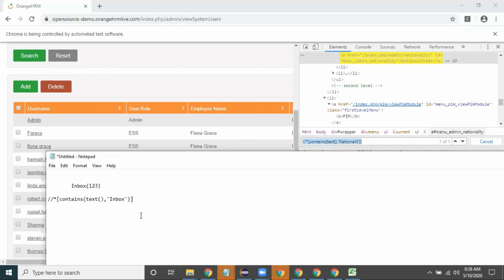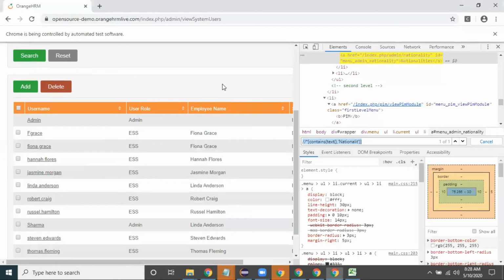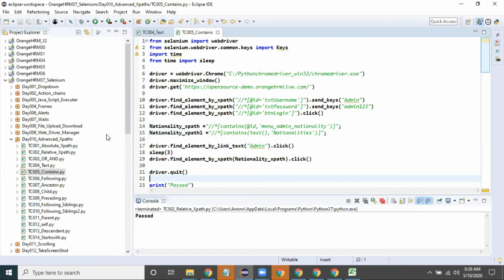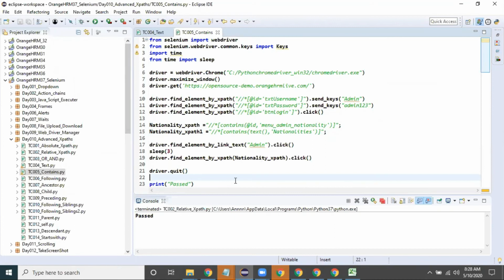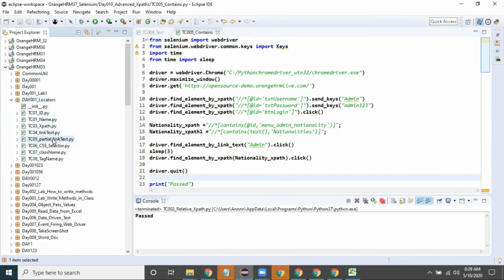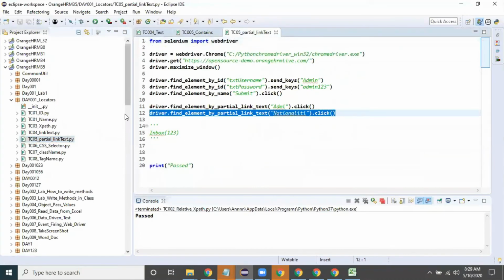So this is a very very important point. In the interviews, 100% they are asking. You just need to understand this point. Purushottam and Shavanti, did you understand this point? Okay, one second, I will show you the example, then you will understand. Link text. Okay, I will go to the locators topic, partial link text.